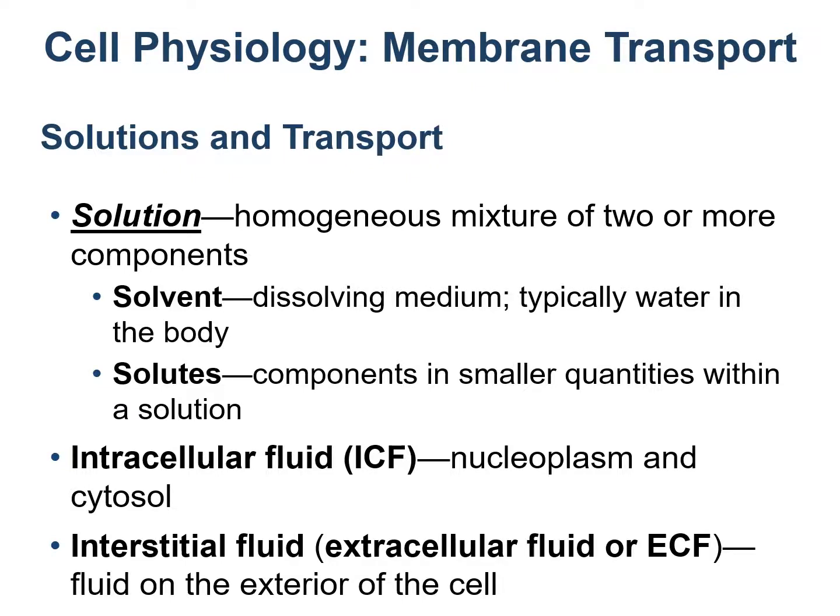In this third part of topic 2, we are going to be briefly introduced to cell physiology, primarily the transport across the cell membrane. Now, before we start, we need to know some basic terms such as what is a solution. A solution is when two or more components are mixed homogeneously. For example, if you mix salt with water, it mixes uniformly or homogeneously. So it's a solution of salt and water.